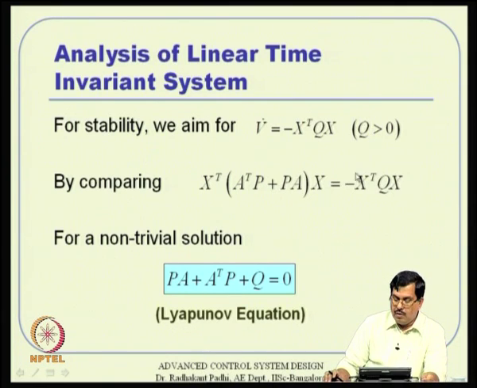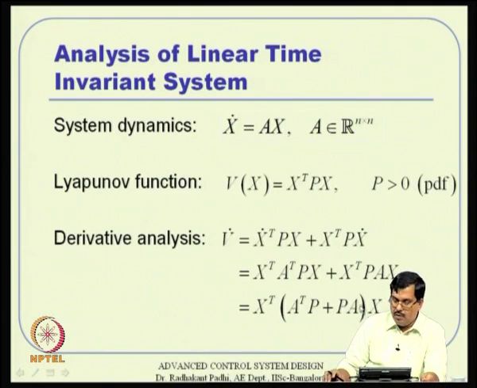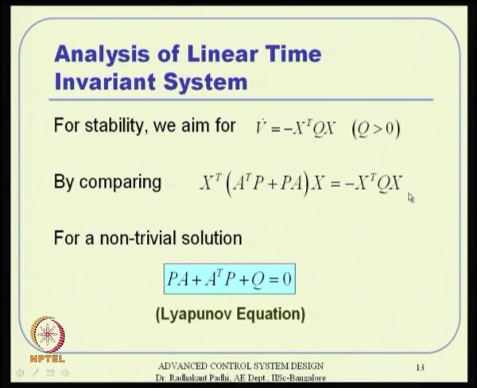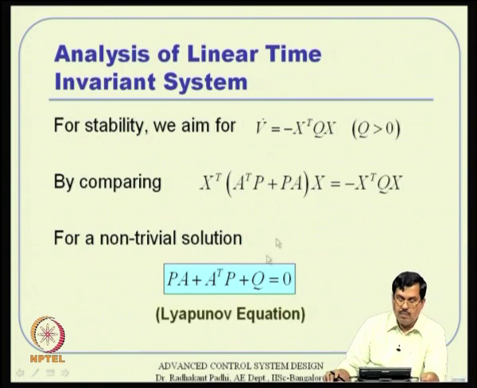If that happens, then the two expressions we have for V dot need to be equal, and if that holds for non-trivial x, we have to have this Lyapunov equation satisfied. This Lyapunov equation is linear, a function of P and Q, where P and Q both need to be positive definite matrices. One way is to select P and then evaluate Q, but that does not help us too much, because the conclusion need not be one shot. But if you really want a one shot check,